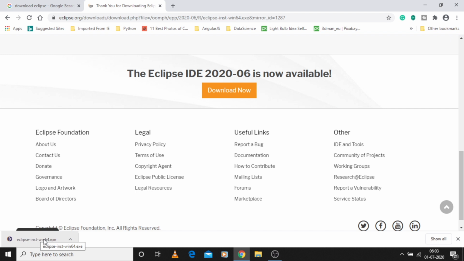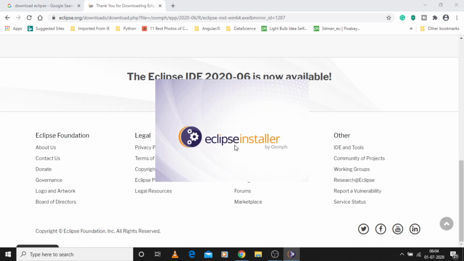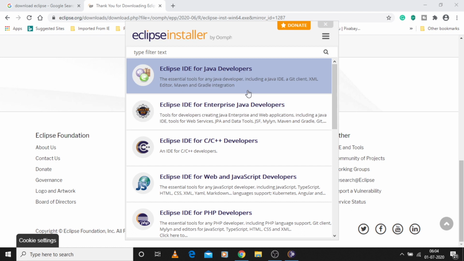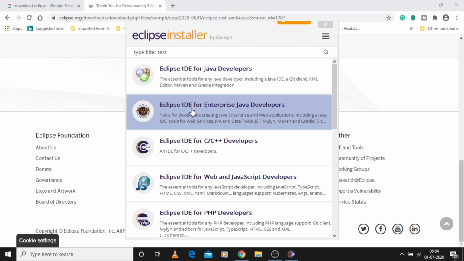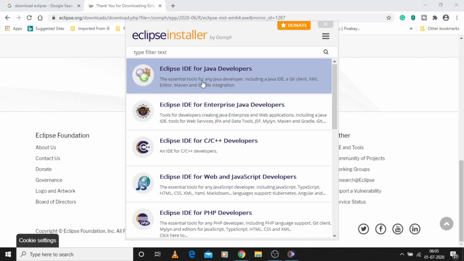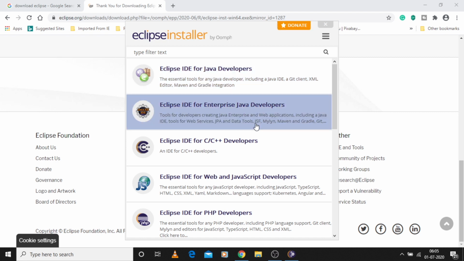Let us try to install this. Double click. It is initiating installation. This is a small window that we find here, so we can have a look at this. The very first one says Eclipse IDE for Java Developers, then Eclipse IDE for Enterprise Java Developers. You can choose either of these two. If your aim is developing web applications or any kind of frameworks, if you want to use Spring or whatever, you can go for the second one, Eclipse IDE for Enterprise Java Developers. This is what is suggested. If you say you never use any web application development and want to develop only desktop applications, we can go for the first one. But the second one is suggested.